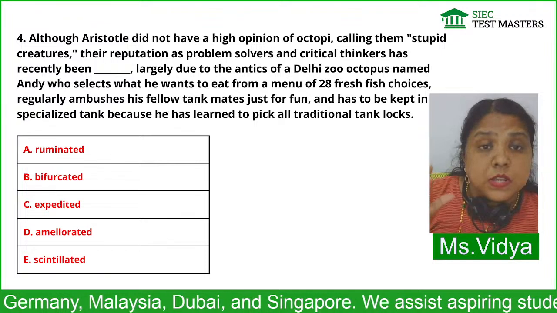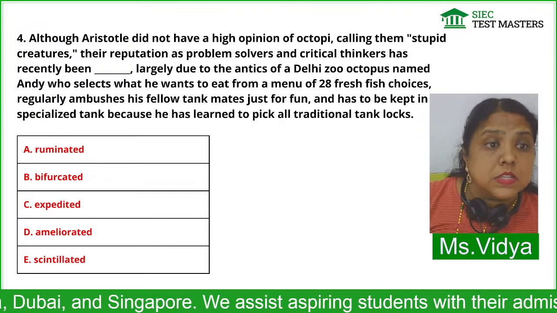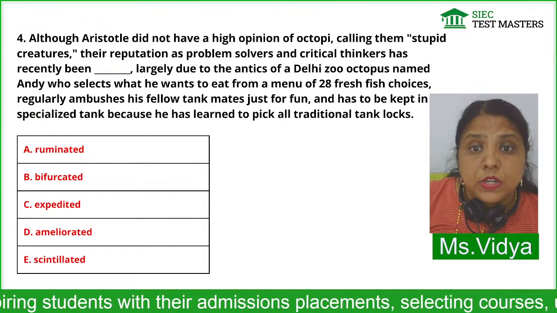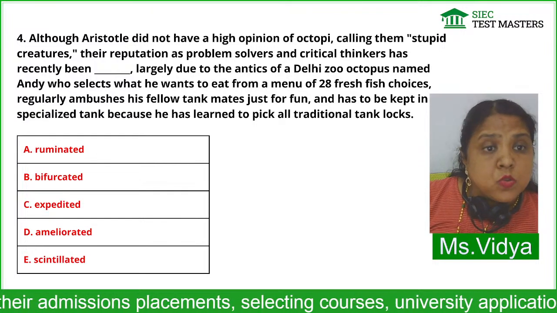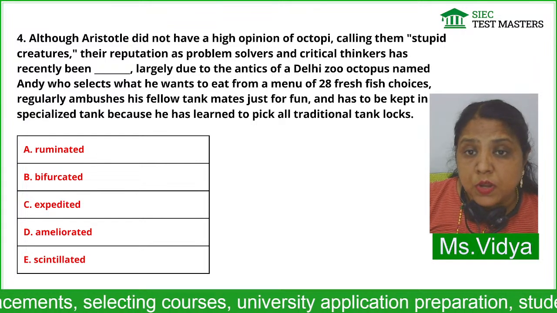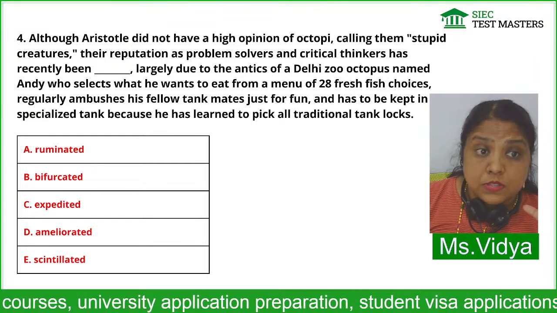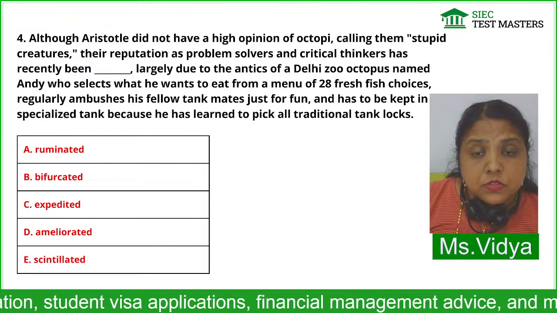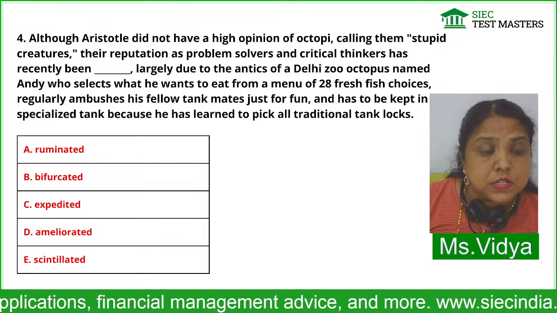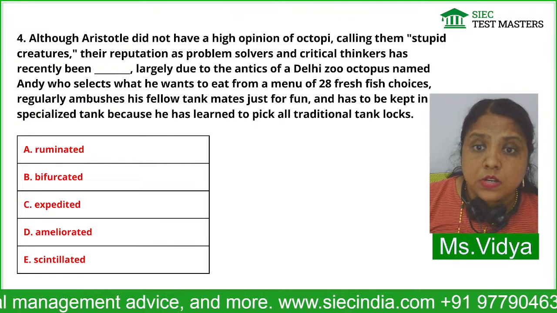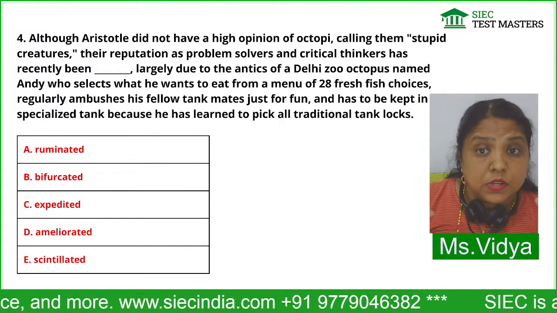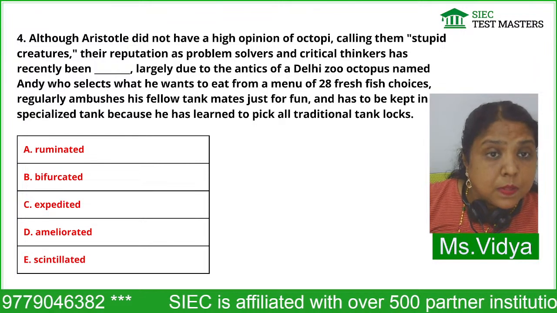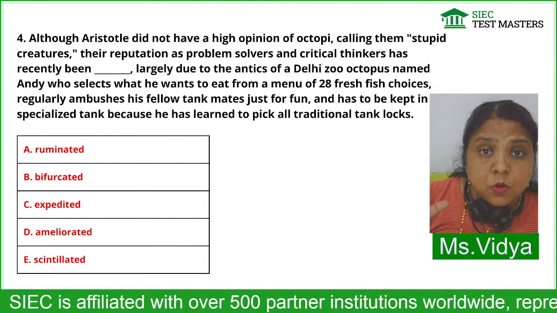So their reputation as problem solvers and critical thinkers has recently been dashed largely due to the antics of a Delhi zoo octopus named Andy, who selects what he wants to eat from a menu of 28 fresh fish choices. Oh, he's very selective, that octopus. Regularly ambushes his fellow tank mates just for fun and has to be kept in a specialized tank because he has learned to pick all traditional tank locks. So, very intelligent, very selective. It also makes fun of the other tank mates. That means Aristotle's opinion is wrong,